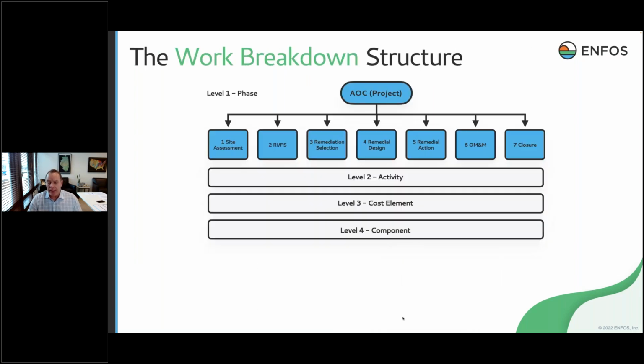I'm going now deeper into the work breakdown structure of a given area of concern. And this is principle number 2. Principle number 2 is the work breakdown structure. And I'm showing an example work breakdown structure here. This is a 4-level work breakdown structure. At the top of the chart, you'll see the area of concern that we looked at on that previous slide. If you have a parent level above this, it will be the site, but you will have many areas of concern, particularly on larger sites.